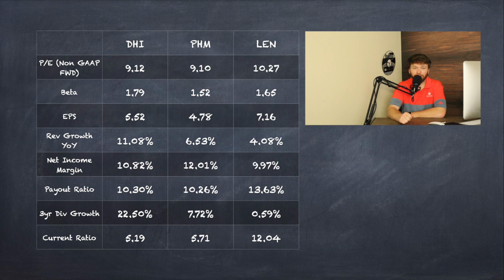Now, another reason why I like DR Horton though is because of this dividend growth. 22.5% over 3 years compounded annual growth rate, or CAGR, is very impressive, especially looking at Lennar, who's a 0.59. So DR Horton has made a pretty strong emphasis on giving back to their shareholders. One of the ways is increasing their dividend, but they are also in the process of doing share buybacks in